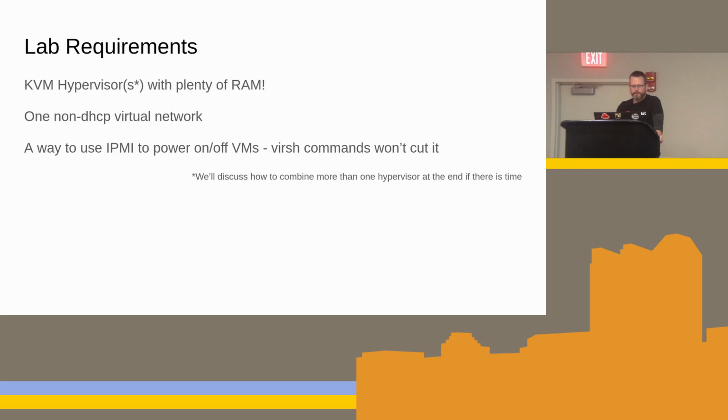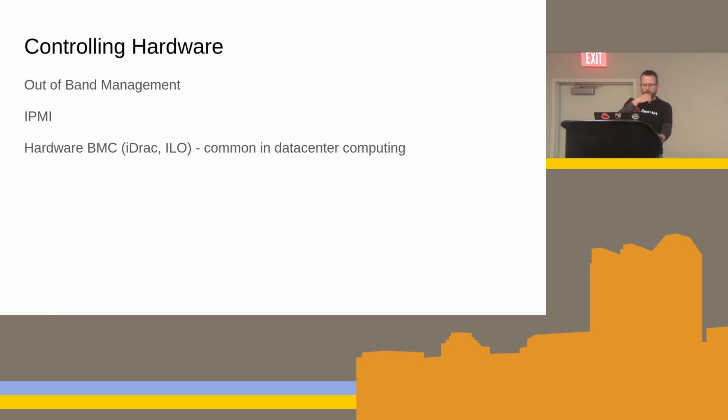Virsh won't cut it in this demo. You can manually use it, but it really will not do the job. So out-of-band management is where we're headed here, being able to run IPMI commands on the VMs themselves. So hardware BMCs, DRACs and iLOs. We know about DRACs and iLOs? Yes, no? Okay, basically,